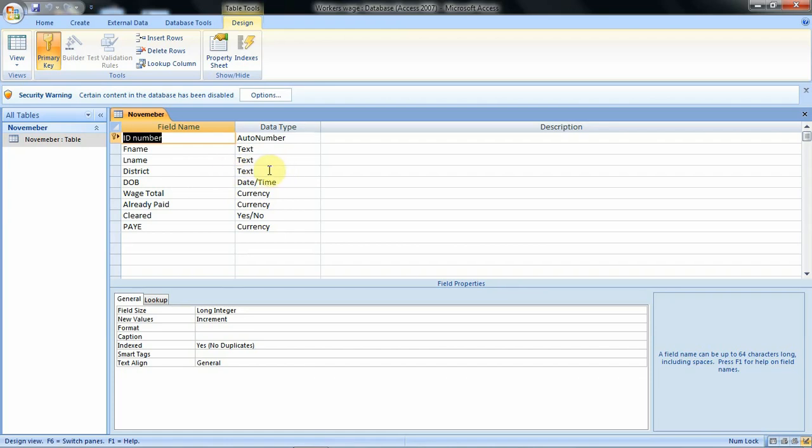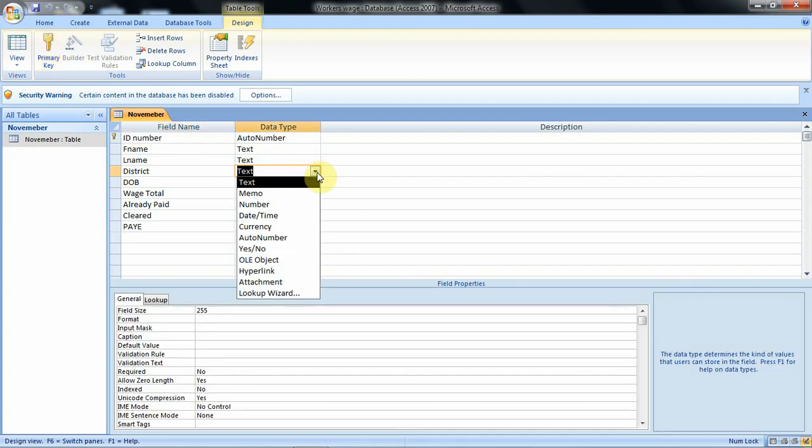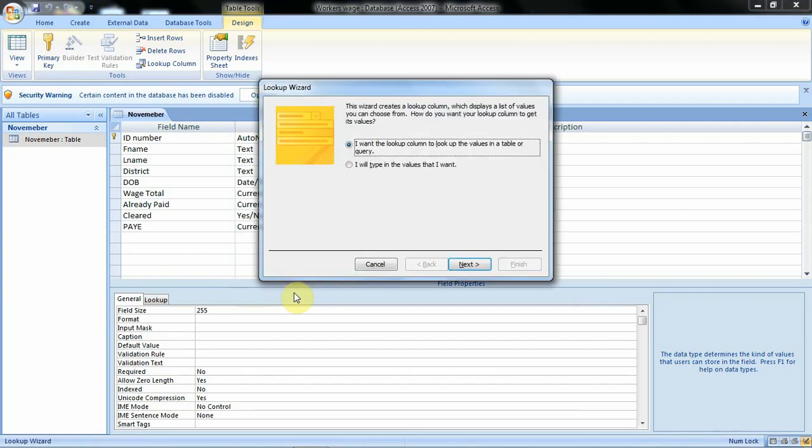From this design view, we would like to use this field for district, and when you see under the data type, it means that the kind of data to be entered in this field for district is supposed to be text, but we would like to change it from being text to lookup wizard. So how do we assign this field a lookup wizard? We shall use this cell, then we click just beside it to display the remaining data types. Our interest is this last option where we see the lookup wizard. So we shall click on it once.